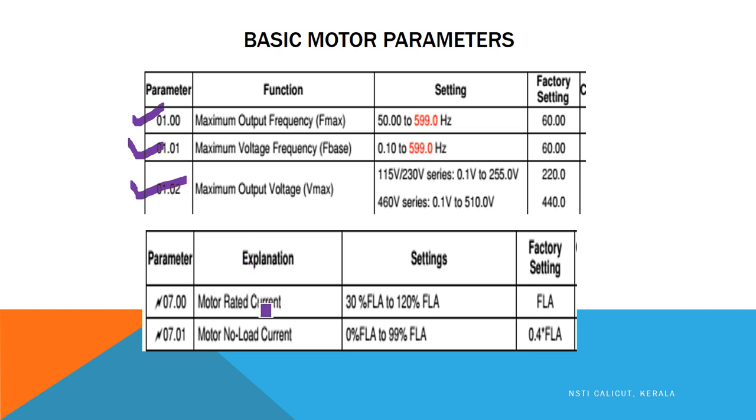And the next thing we will be seeing is the motor rated current. The motor already has its rated current on its nameplate. We have to set the motor current. It will be the full load ampere. Rated current will be the factory setting. We can check our motor and find out the full load ampere, and we can set it from 30 to 120 percent of the full load ampere. That is, if 1 ampere is the full load ampere, you can set 1.3 at starting, that is 30% more.